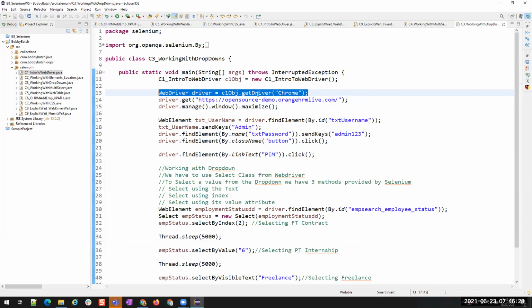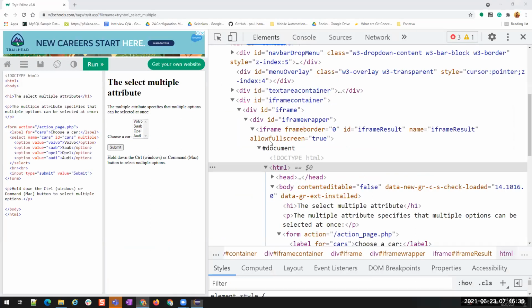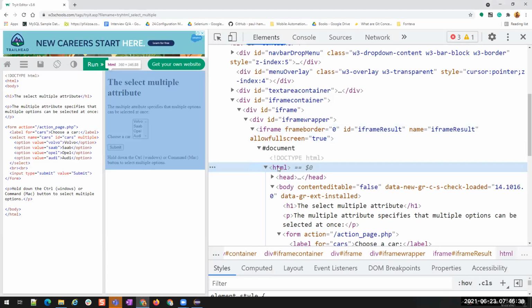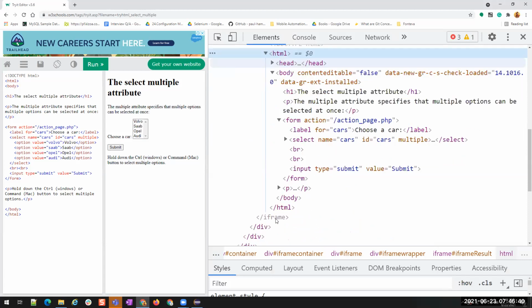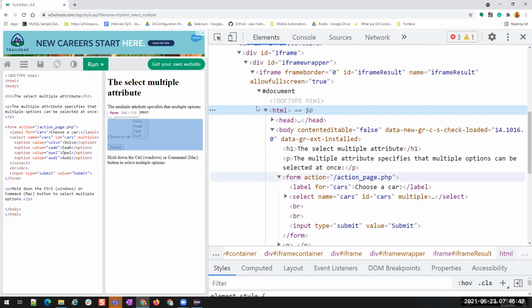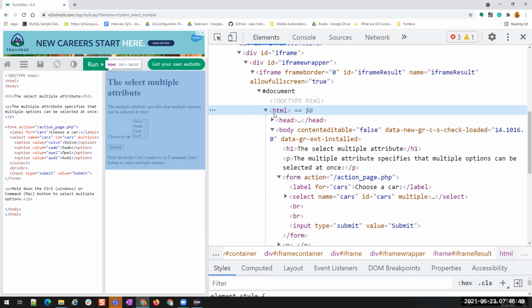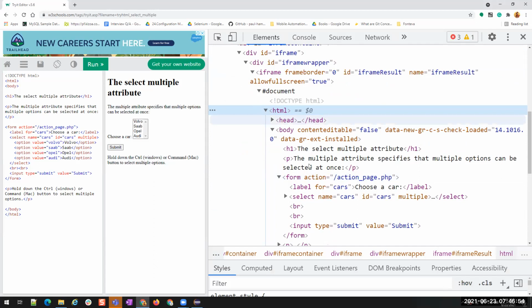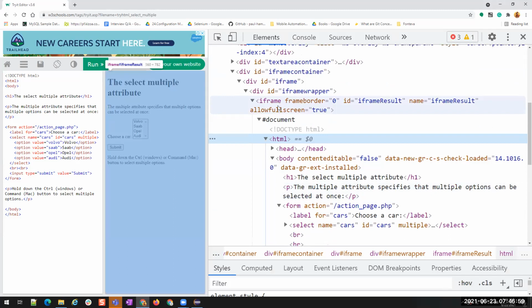In a similar way, I want to reuse HTML code. How can I do that? I will separate it into a small HTML document and write all the code in that small HTML document. Now there is a problem. This is one HTML document and this is another HTML document. Then how do I bring this HTML document in? How do I make Java understand that this is a child HTML, or an HTML that I'm bringing from another place? To make that happen, we are going to use the iframe tag.